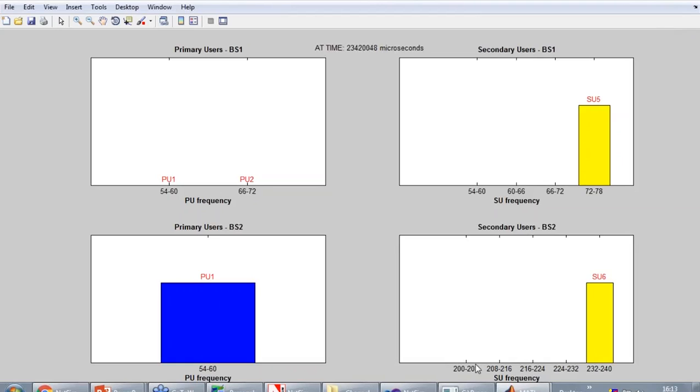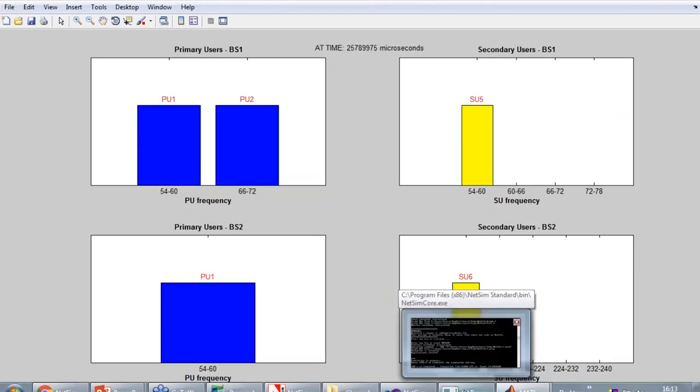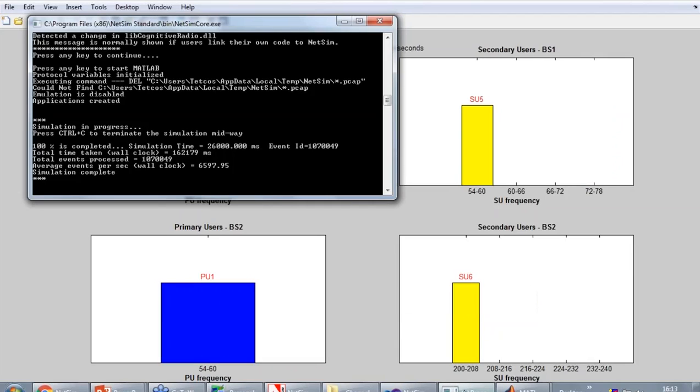Otherwise, all this information is available in NetSim, in the trace files and so on, but it's not there as a convenient visualization. And through these examples, we have attempted to show you how to do data analysis and data visualization at the